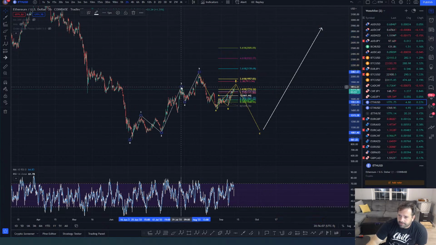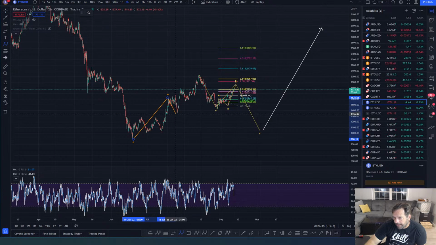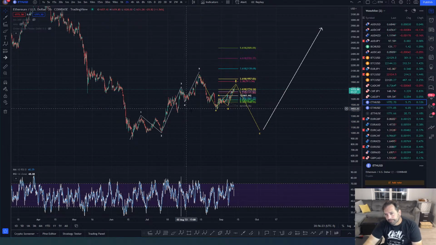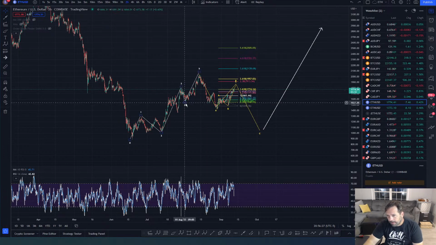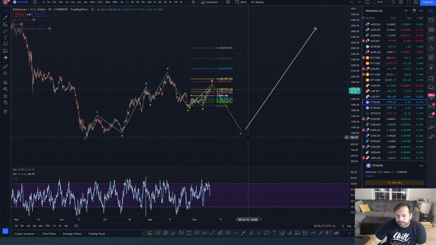Another way to look at this is it wasn't an impulse wave, but we're actually going to go and make a lower low, and it was a WXY. I'm not a big fan of this count, but we can call this W, we can call that X, and maybe call that Y. Not a fan. I like this as a candy cane with a spike for wave 3, then wave 4, and then 5. All right, so that's my take there.